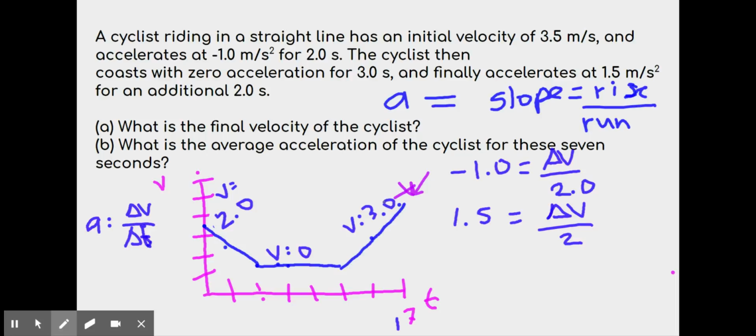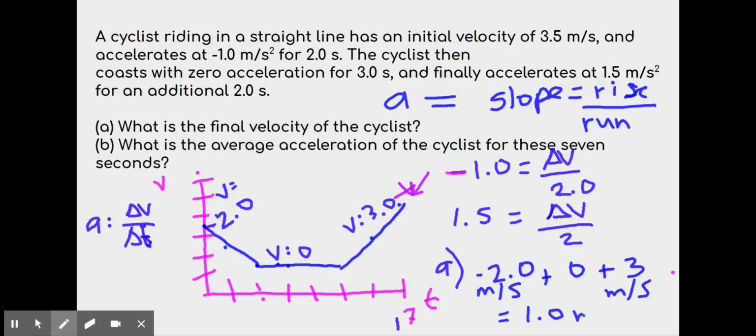Well, let's add those together. So for part A, oh, I'm sorry, I missed a negative sign over here. This should be -2. See, we have a negative here and a positive. So -2.0 meters per second plus 0, we can just ignore that one, plus 3 meters per second gives us a final velocity of 1.0